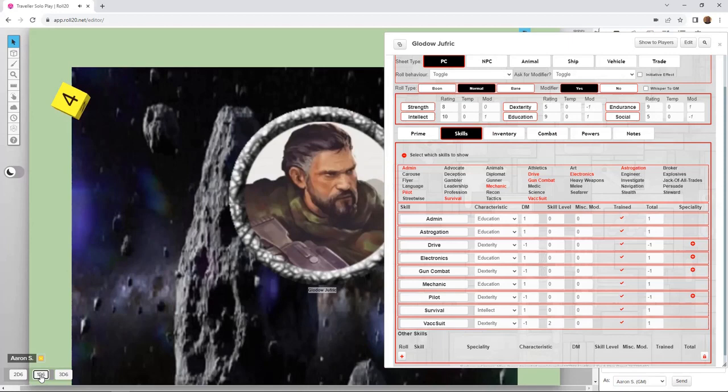4. He improved his intellect. That goes to an 11. And that was his bonus roll. It hasn't improved his modifier yet, but it will eventually if he does that again. So that was his bonus roll, and that will actually complete the